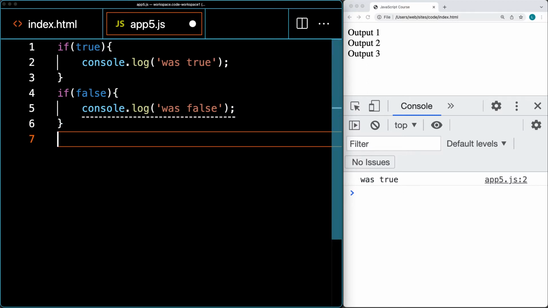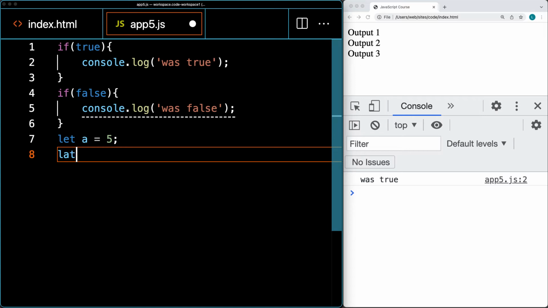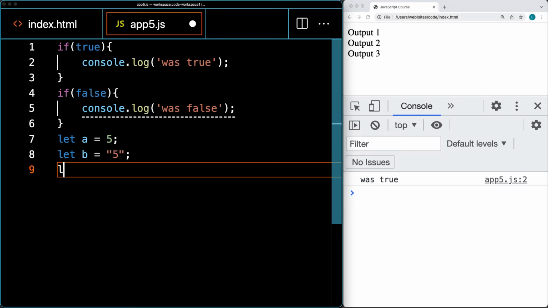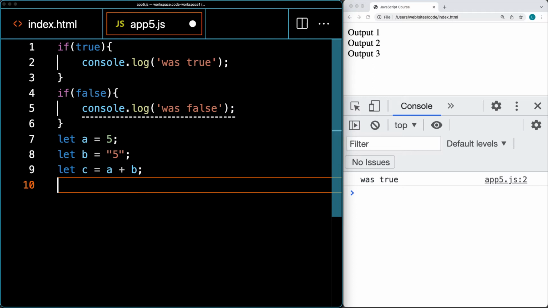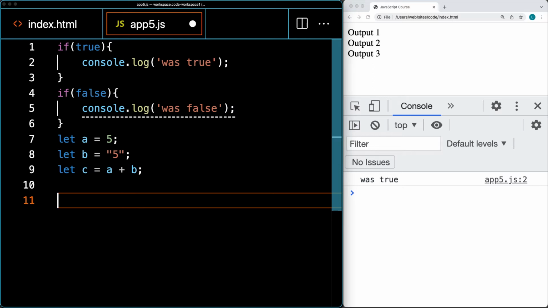We can also check to see if values are equal to other values. So let's set some variables where we've got a value of 5 for a, and we'll create a few other variables, b. This is going to be a string value of 5. And then c will be a value of a plus b. And now let's add in a condition to check to see if a is greater than the value of 5. And if it is, then